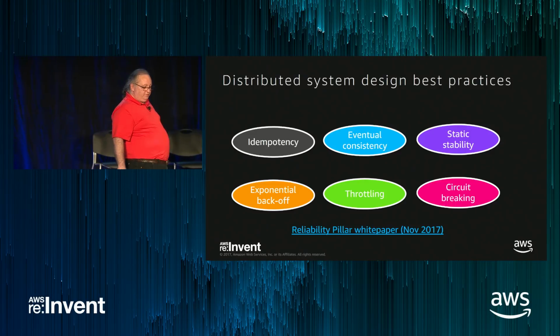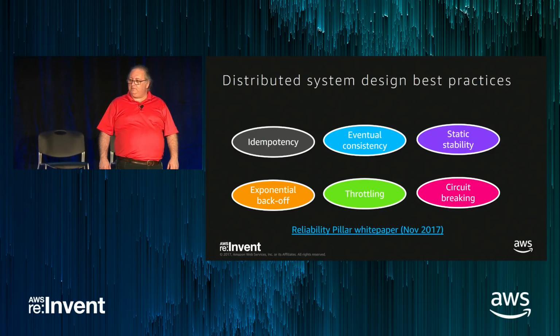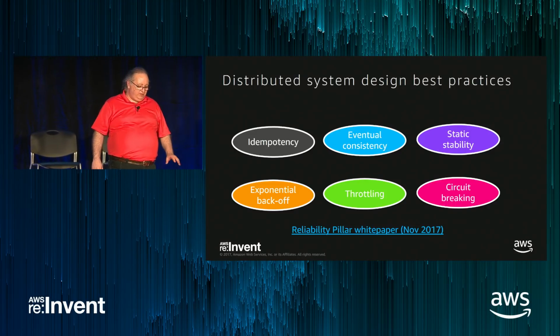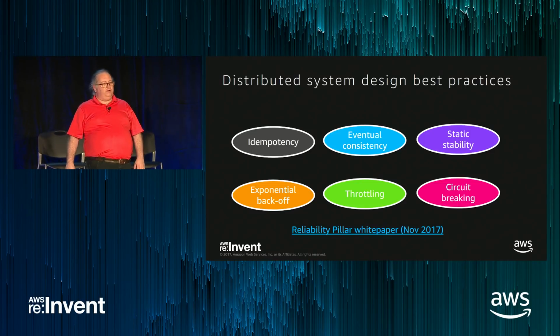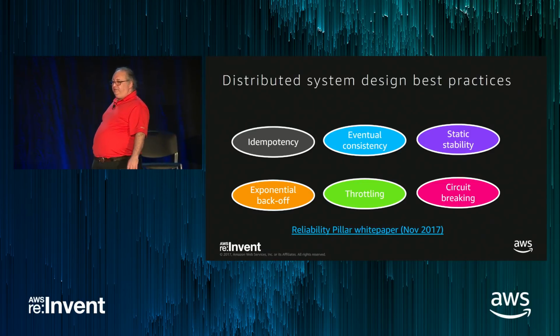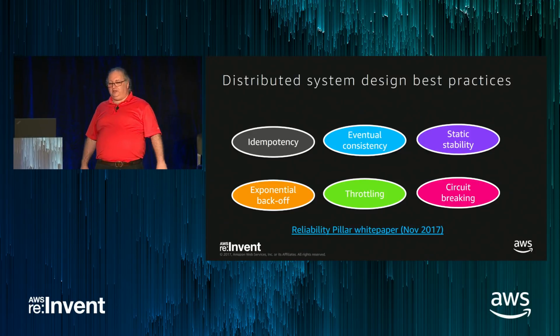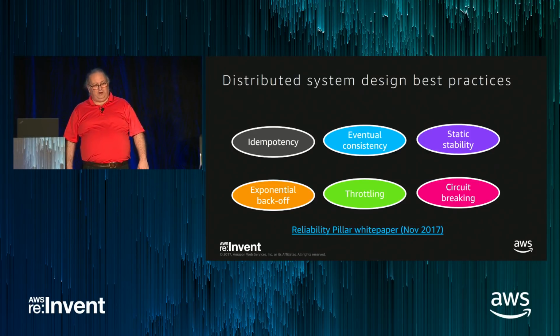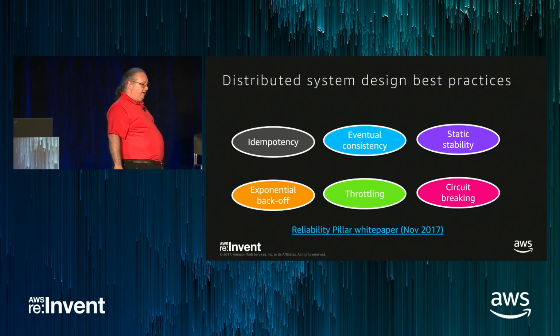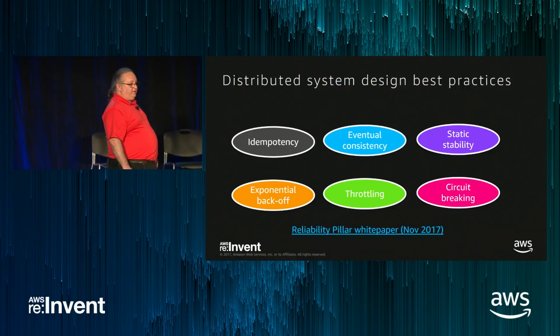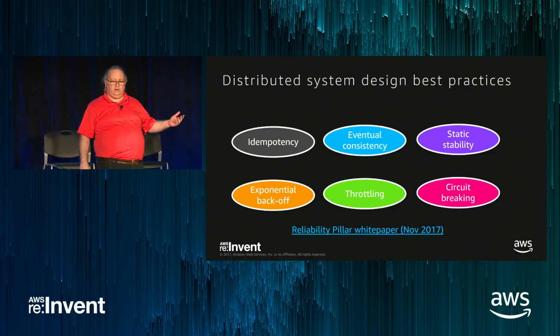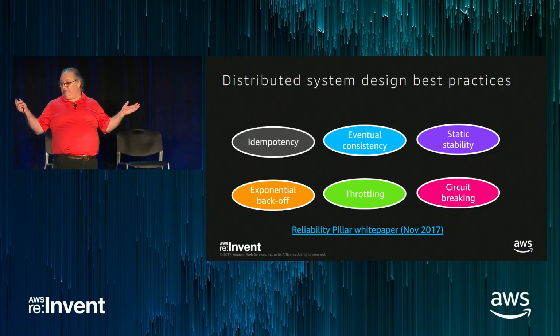So I'll finish with a few best practices. These are best practices a little bit in computer science terms. If you're not familiar with idempotency, it means for things that are not changing, you should get the same result every time. For example, for a database that I'm not doing any inserts or updates on, every select statement should give you the same answer. Right? When I run the same select statement, I should get the same answer. Idempotency is the idea that no matter how many times I try the same operation, if it's idempotent, it should remain consistent. This needs to be idempotent across regions if you're going to be active-active.